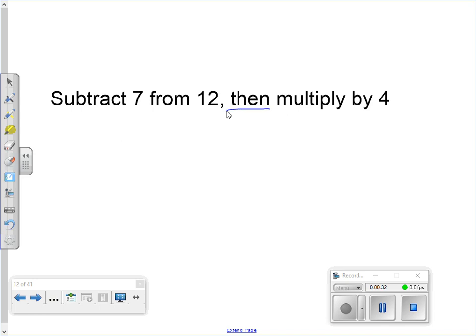The word then is very important as it tells us the order in which things are going to happen. So using our knowledge of order of operations and PEMDAS, we can write this as a numerical expression. So first, subtract 7 from 12, which means we start with 12, subtract 7. Then, it says then, so this has to be done first, so we need parentheses, then we could multiply by